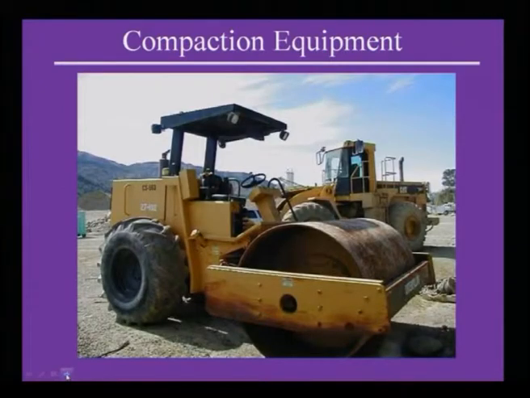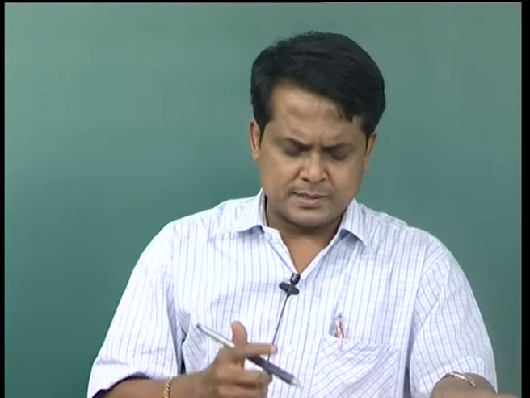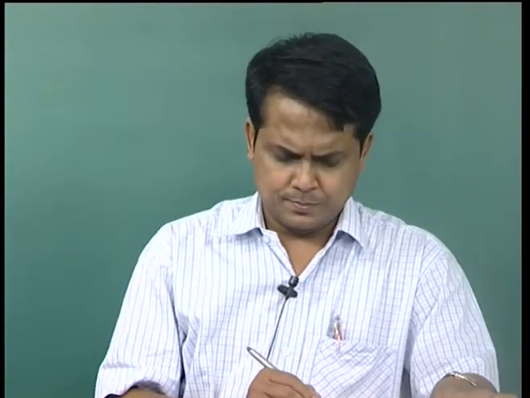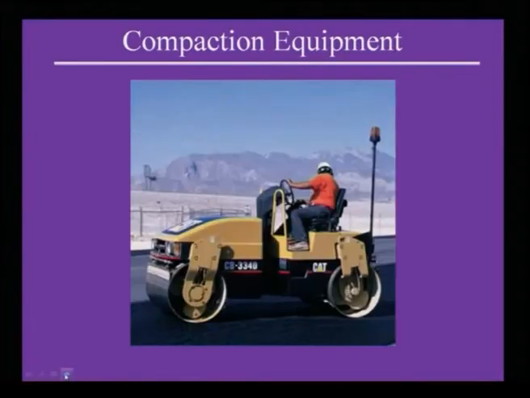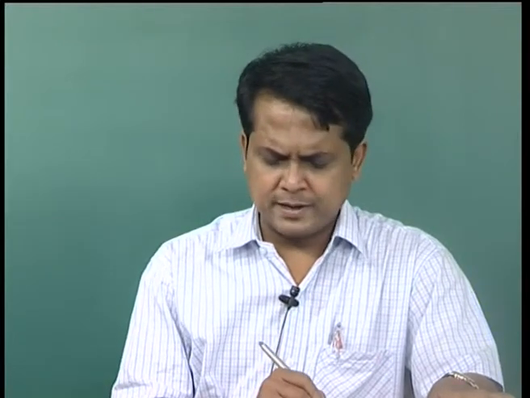Smooth drum: this is equipment where one driver is there, and it is placed over the surface, particularly for road construction in bitumen. The surface is smooth, and with its load it will only pass over this. Again this is a smooth drum case. There are different types of smooth drum depending upon how much compactive effort you need.